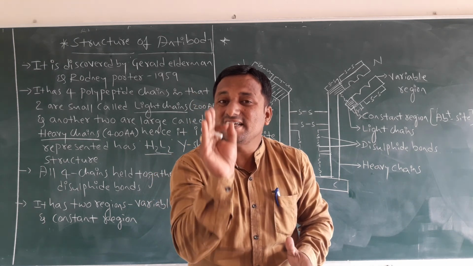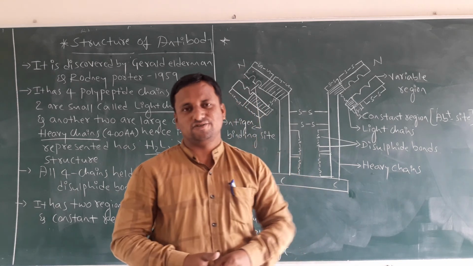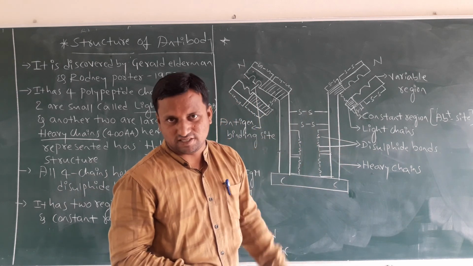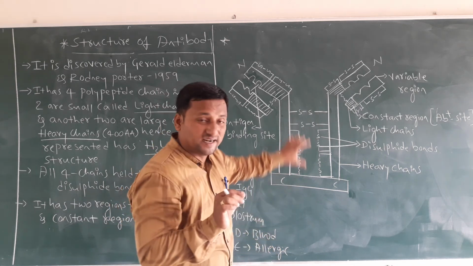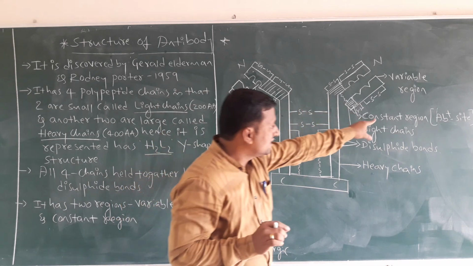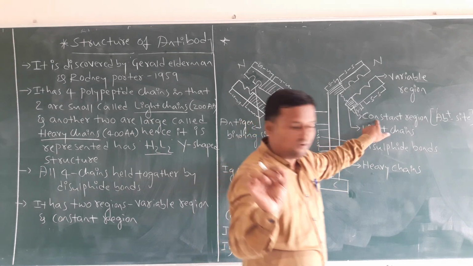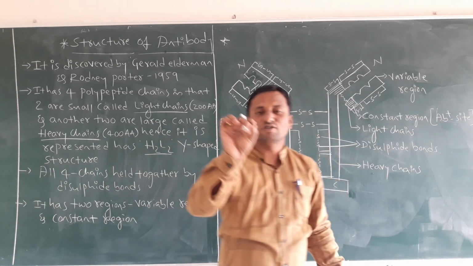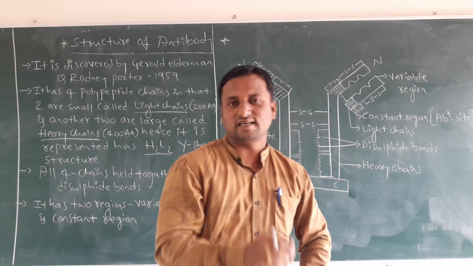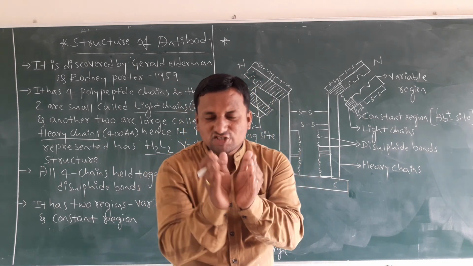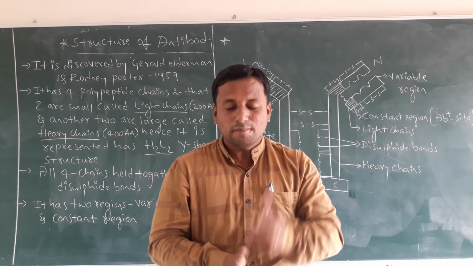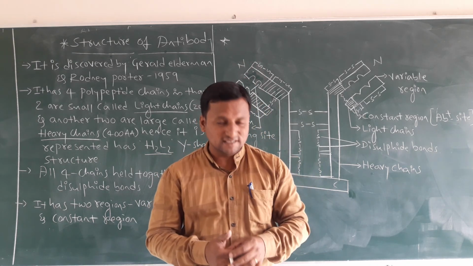This is a CET question. It must be remembered, dear students. From this structure they are going to ask 1 mark or 2 marks questions. That's why be careful and concentrate here. This constant region is the antibody site, where all types of antibody molecules are attached. Then you must remember what those types are. In previous classes I discussed this.